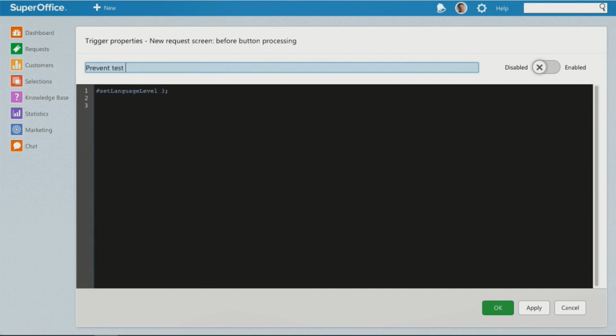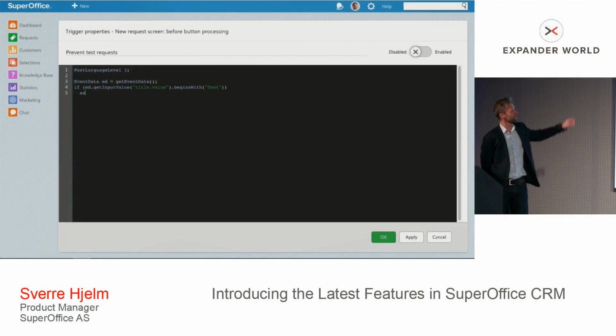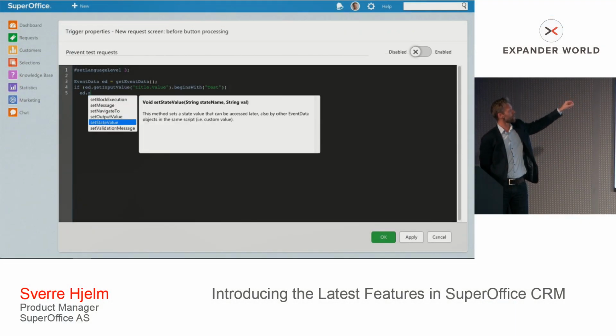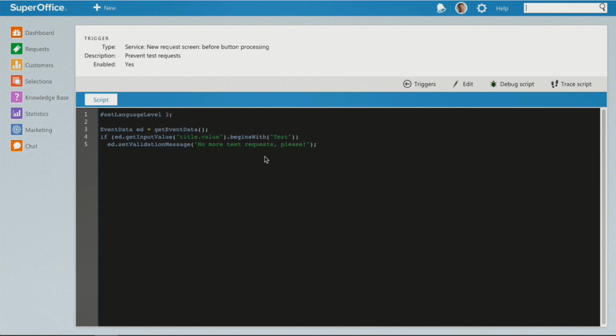And so I'm going to create that as a small script just to prevent people posting test requests into our system. All the triggers use the new system with getting event data, which contains all the different values and properties of the trigger, or the context that the trigger is running in. So I want to say that if that title begins with test, then I'm going to show an error message, right? Set validation message basically says, give the user this dialog response and block the save. So 2 lines of code, 3 actually, and I enable it and go OK, and then I'm going to go